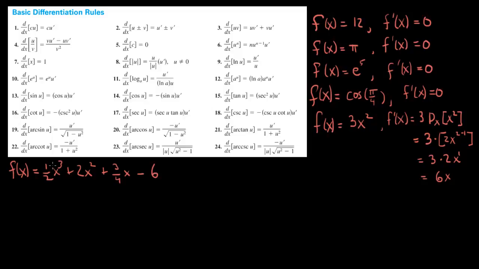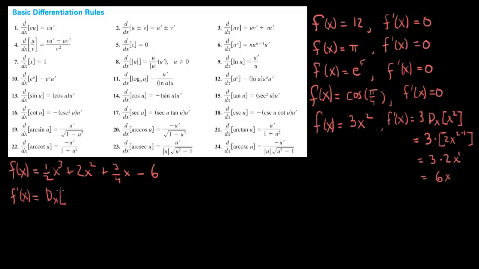Now, if you go up here to rule number 2, that's the sum and the difference rule. What that says is, if you have two functions, and this actually holds true for more than two functions, if you have some combination of functions where you're adding and subtracting them together, you can take the derivative of each of those individually. So we can go here, we can say that this is f prime of x equals